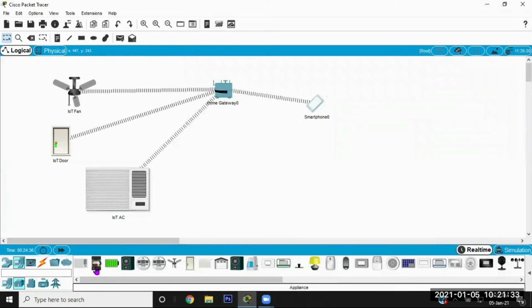Okay, the next thing is we will see how we can connect the other devices. Bluetooth speaker, that is general. Okay, these are the sensors, monitors, furnace, garage door. Okay, garage door is also similar.